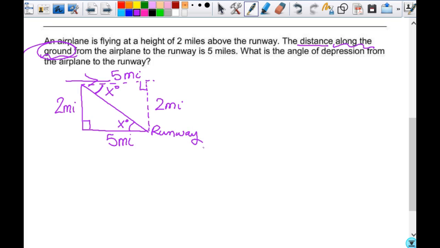Okay. So the angle of elevation from the runway to the plane, you have to have a horizontal, which can be the ground. Just because I say you have to look forward, it's not always eyes, right? The ground can be your horizontal. So here's my horizontal line. Angle of elevation from the runway to the plane is the same as the angle of depression from the plane